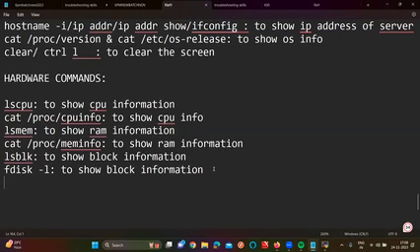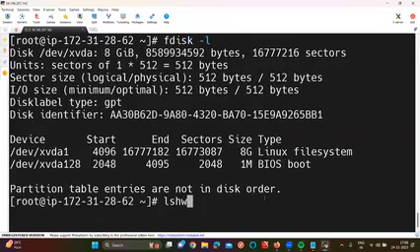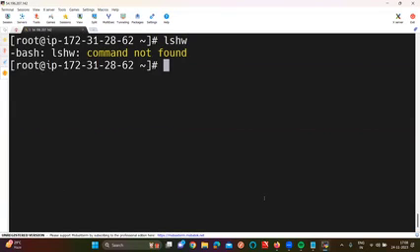Okay. Sir, not like this. I want to see the complete hardware information. In that case, there is a command called lshw. This command is going to show the complete hardware information. But by default, this command will not work. Why? Because we need to install that package actually. Like we need to install that command. So how to install means yum install